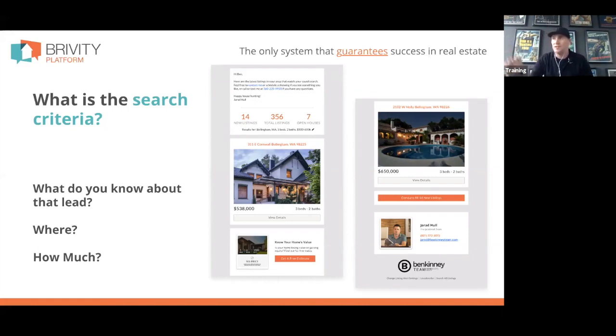They won't ask you to adjust the search. They won't tell you the price is wrong. They'll just see something in their inbox and go, oh, hey, what's this? And they'll click on it. And inside of your database, inside of Brivity specifically, although other platforms do this, you'll be able to see